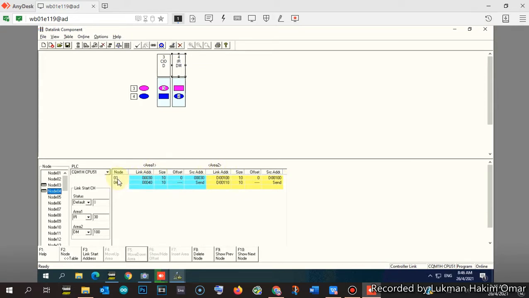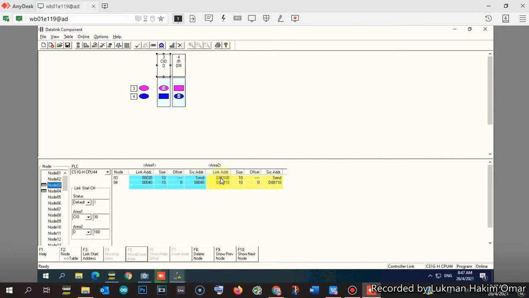As you can see here, in node number 3 the address will start with CIO 30. Meaning that if the PLC wants to send bits to the slave PLC, it can use bits from CIO 30.00 up to, with size 10, meaning it uses 10 words, 39.15.